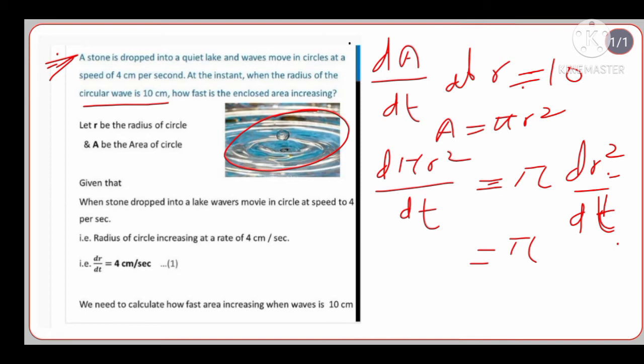Now see, whenever you are doing differentiation we want the same variable. Here we will use the chain rule because the variables are different: we are differentiating by t, and the variable given is r, so we have to differentiate by the same variable. What is the chain rule? First, the variable r that is given, we will differentiate it with respect to itself, meaning we will write d(r square) by dr into dr by dt.